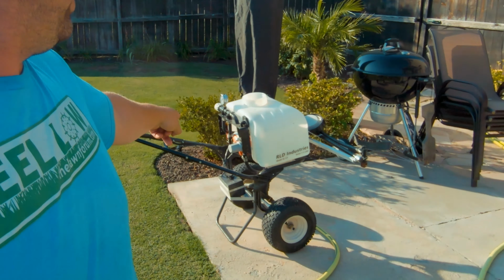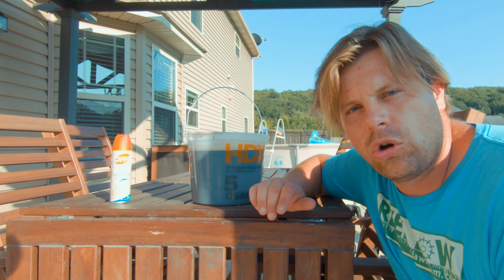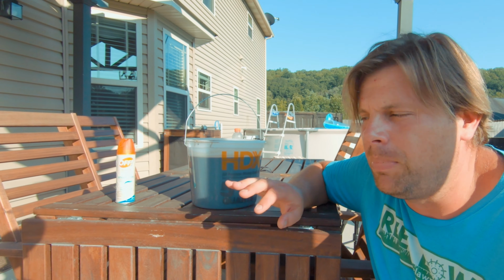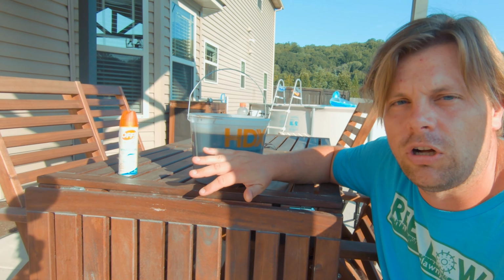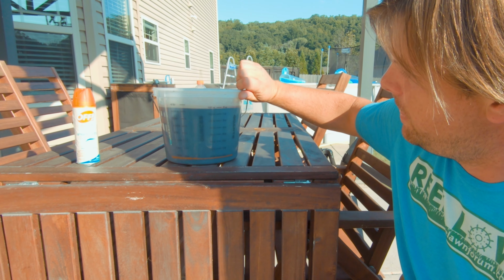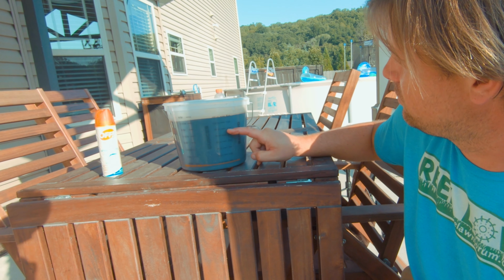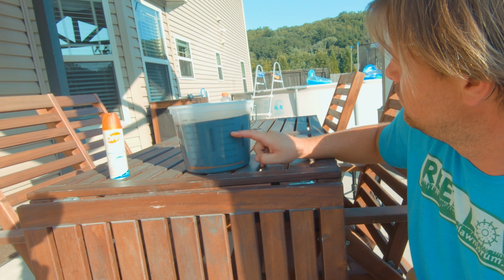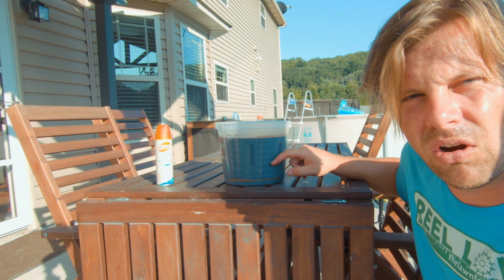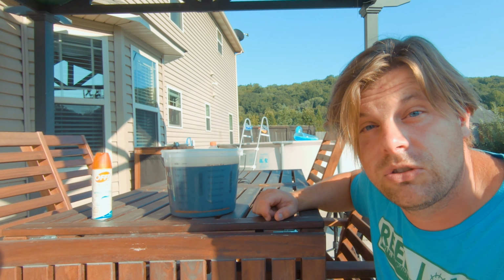We're using that. In this bucket right here, I have about a quarter to a third, somewhere in between there, of a tournament ready pellet that I scooped out, dissolved in hot water, and then I added, let's rotate these marks. The water level was at 96 ounces, or just slightly above 96 ounces. And then I took it to 128 ounces, and that's all RGS there. And that gave it that nice dark walnut color that everyone loves. Yeah, 32 ounces of RGS going over 3,000 square feet, 3,200 square feet, somewhere,